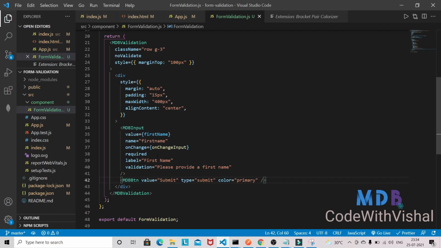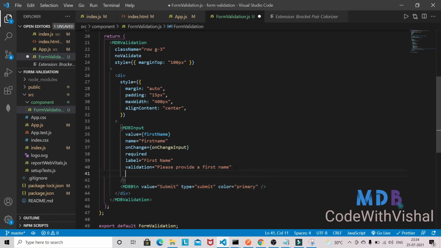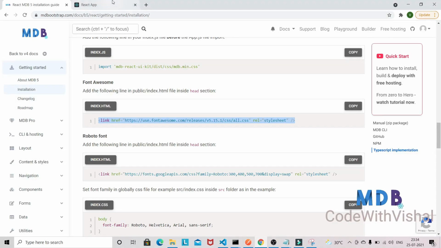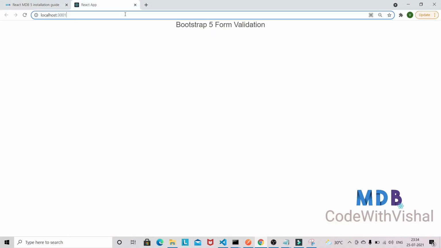Okay, and we need to also give this one invalid. So I think that's it. Let's go into the browser and see whether validation is working or not.